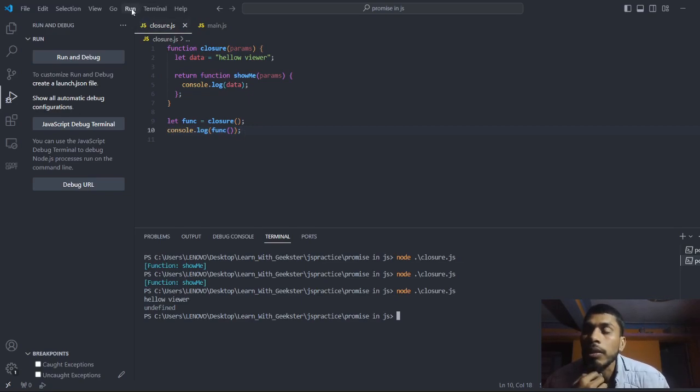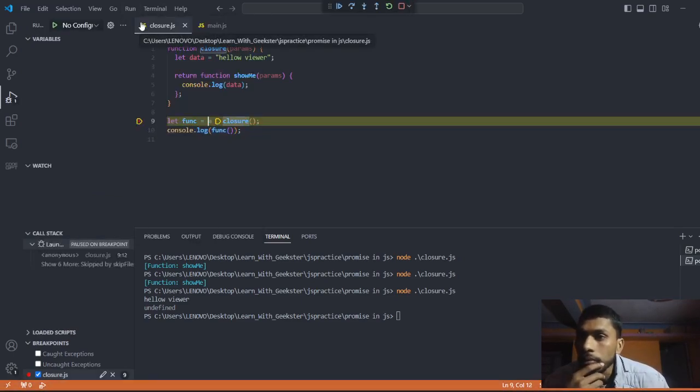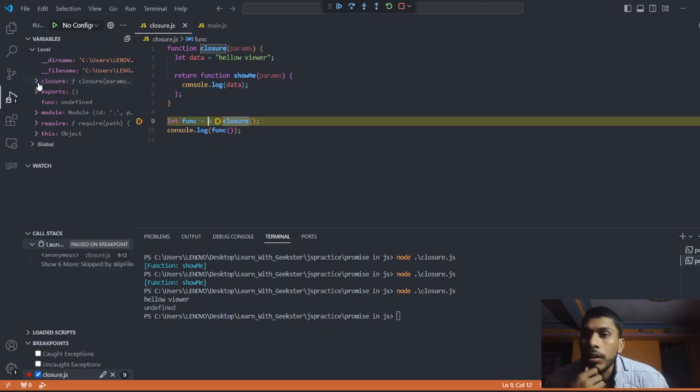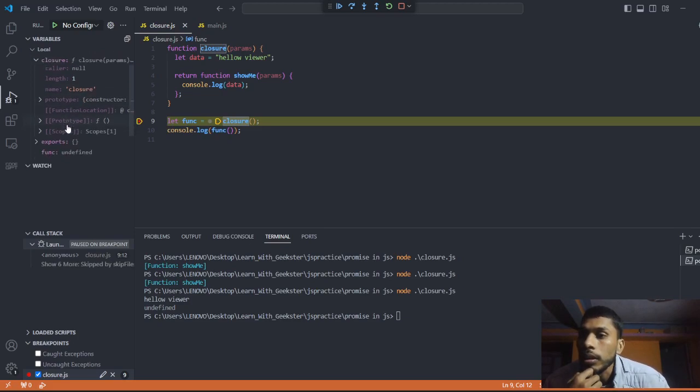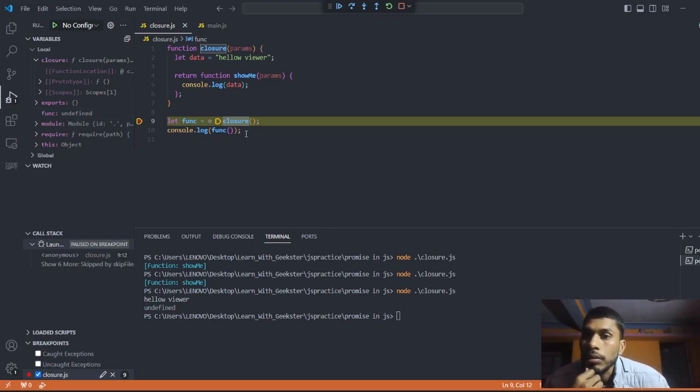Okay, let me put the debugger over here. Inside that closure, you can see the whole function has been enclosed, right? And that fun thing is undefined, right?